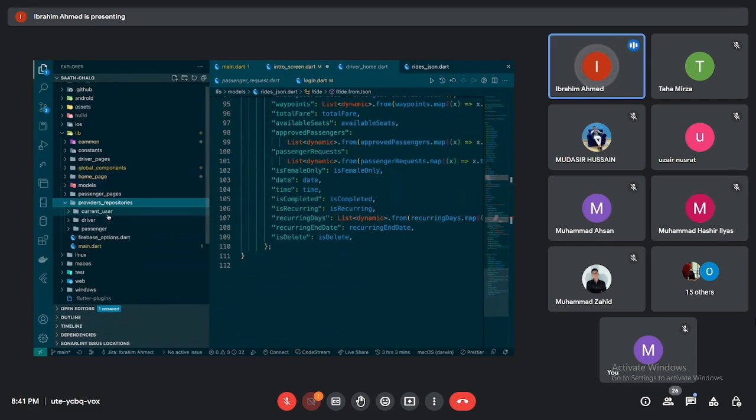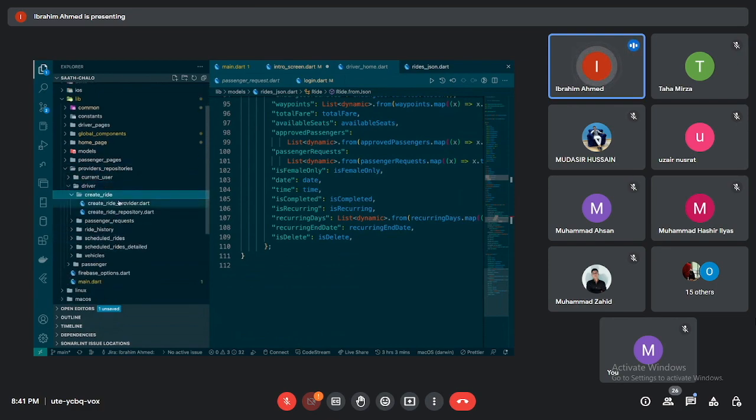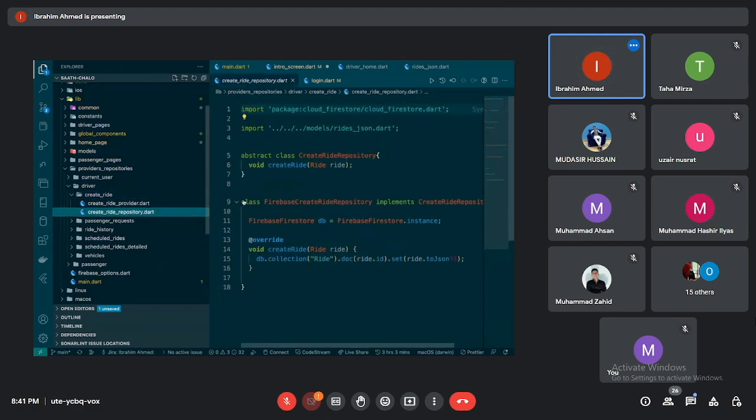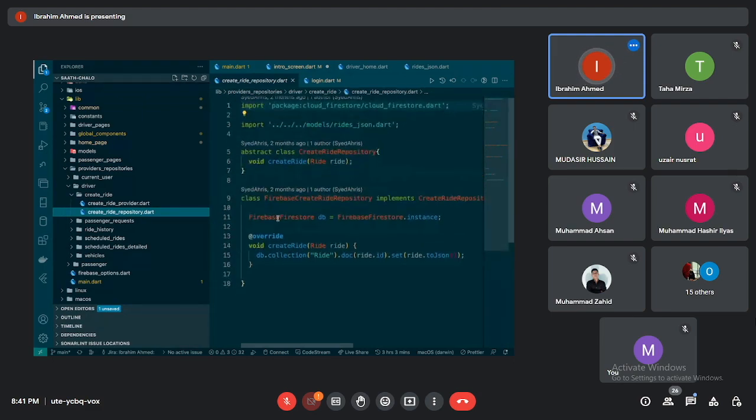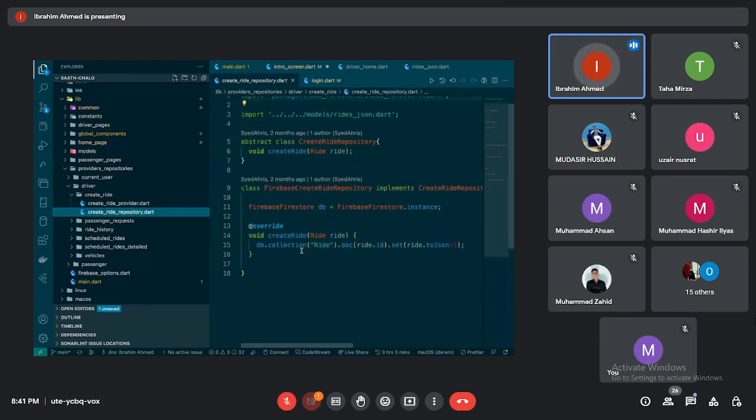So repositories तो आप लोगों ने दिखा दी थी कि repositories क्या होती हैं। कि repository is when you have इसके आप डेटा रिट्रीव किस तरह करते हैं। तो मिसाल के तौर पर ड्राइवर की रिपोजिटरी के अंदर क्रिएट राइड की अपनी पूरी रिपोजिटरी है, कि मिसाल के तौर पर मुझे राइड क्रिएट करने का स्क्रीन था, उसके लिए अपना डेटा, अपना टाइप ऑफ डेटा की जो है, अपने वो फंक्शन वगैरह होंगे।